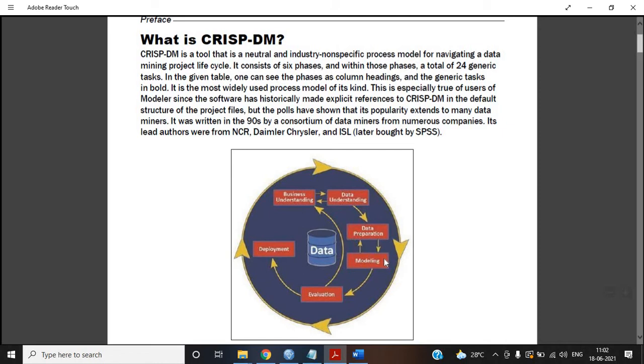And in modeling, we model the data. We put in multiple algorithms and check whether the algorithms are suitable or not. Check whether the algorithms satisfy or not. After modeling, if the model does not satisfy, then we have to change the data preparation, do the modeling again and check it again. These two are in cycles.